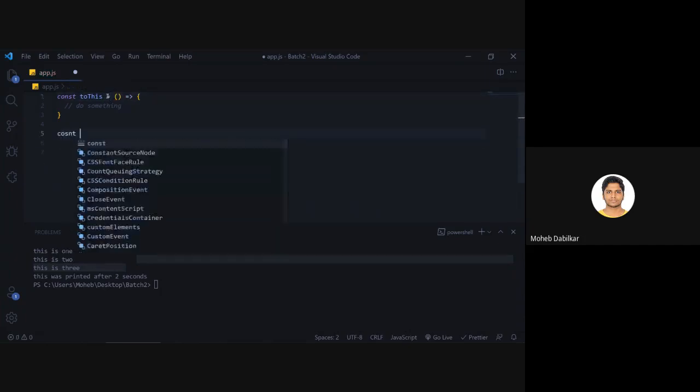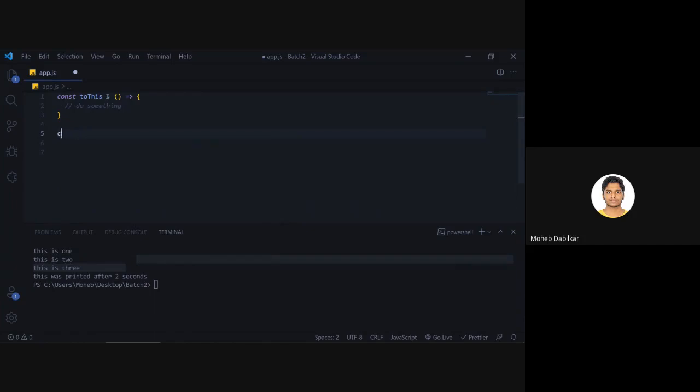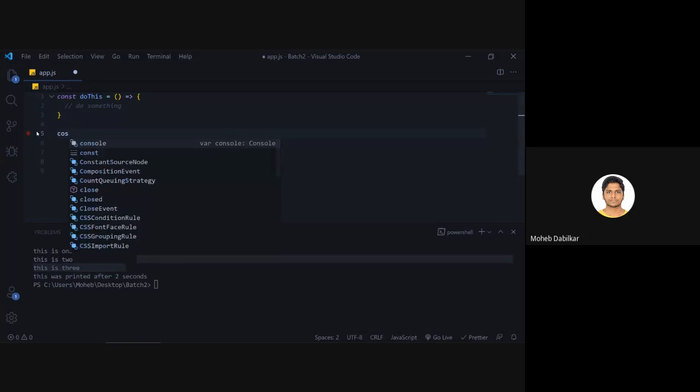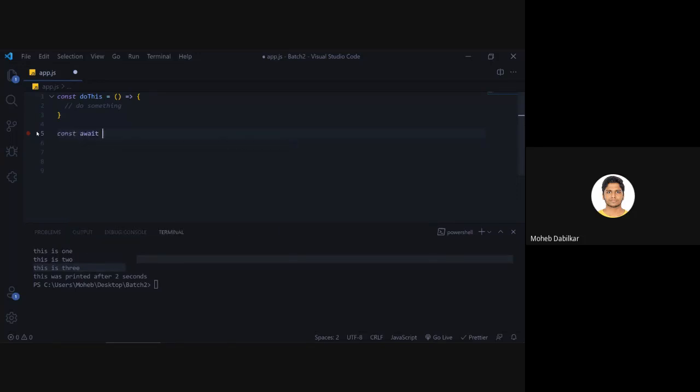Over here, when we want to call it, we will just say doThis. Since this will be returning us something and we want to work with that data, you couldn't say something like const await. First we had to do something like const doThis.